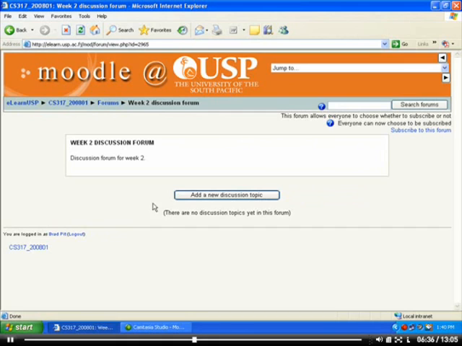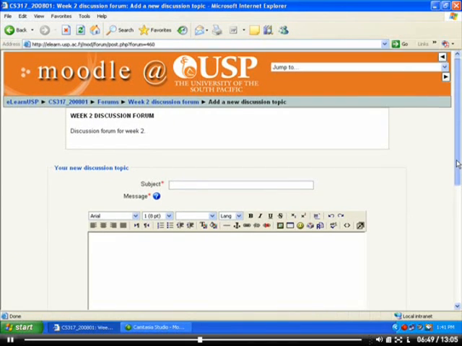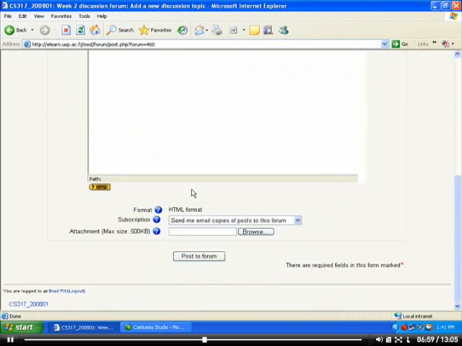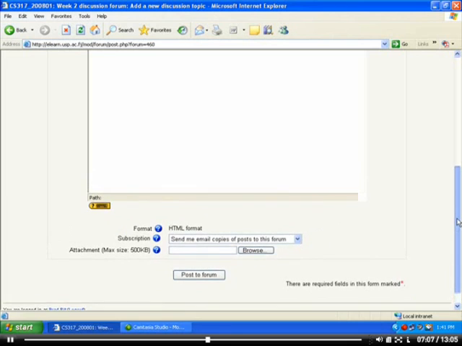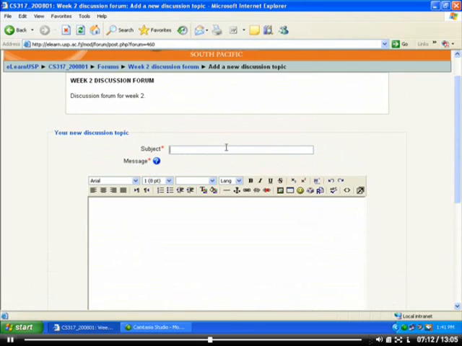At the moment there are no other discussion messages posted, so in order for me to do one posting, I will go to click add a new discussion topic, and then a window to type your discussion message will appear. For instance, you will see subject, message body, and it also allows you to upload attachments, like your discussion posting accompanied by an attachment. So for example, I'll type my subject in,